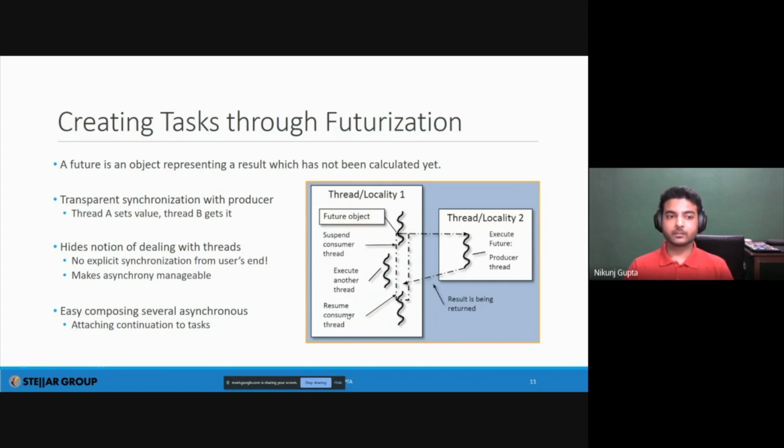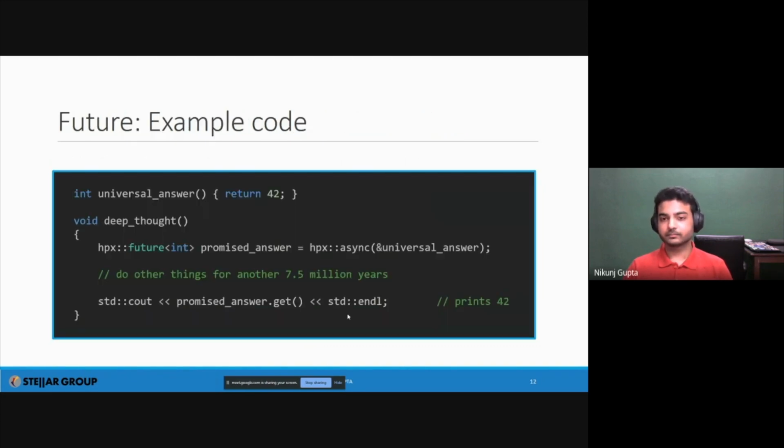And these two threads share a shared memory state. So one of the threads writes the value to that shared state, and the other thread gets the value from that shared state. And once the future gets the value from that shared state, it destroys the shared state, and you progress on with your computation. I hope that answers your question.